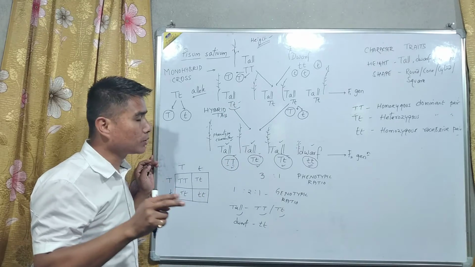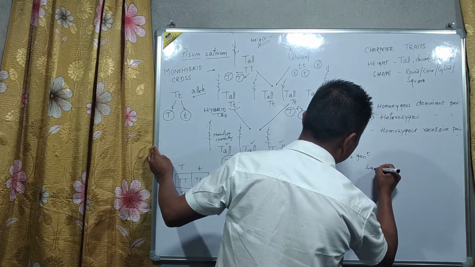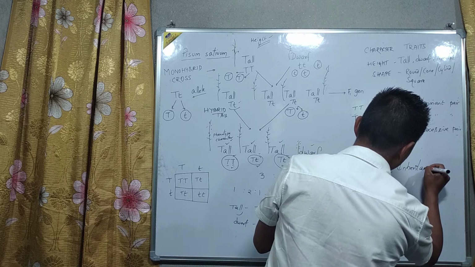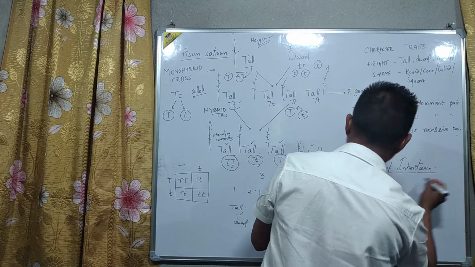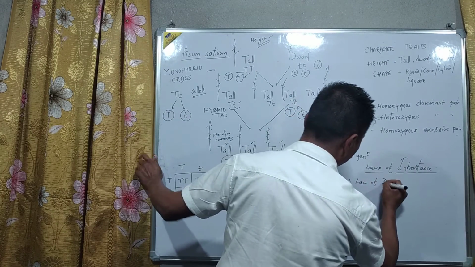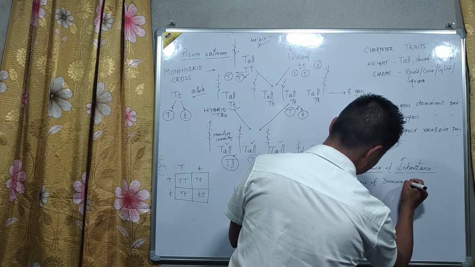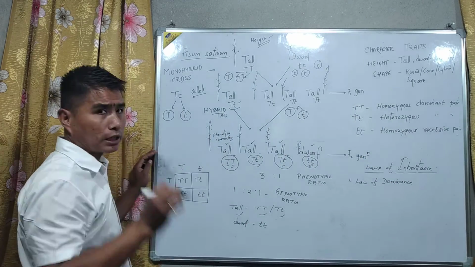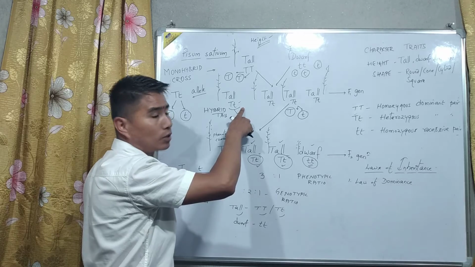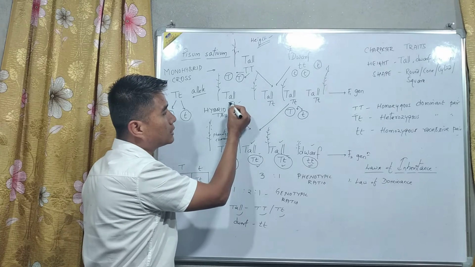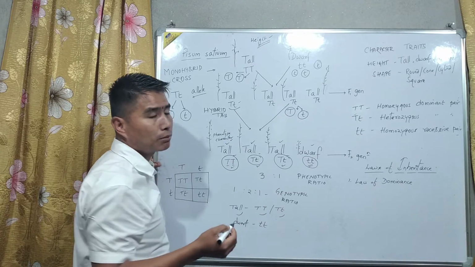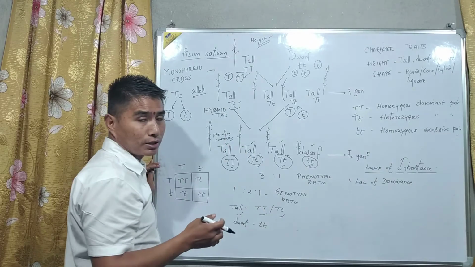And number 2, Mendel formed laws of inheritance. From here, Mendel formed laws of inheritance. Number 1 is law of dominance. Out of a pair of contrasting characters, one is able to express itself while the other is not, is known as law of dominance. So between capital T and small t, this is a pair of contrasting factors whereby capital T is able to express while small t is unable to express itself. That is why the character becomes tall, is known as law of dominance.